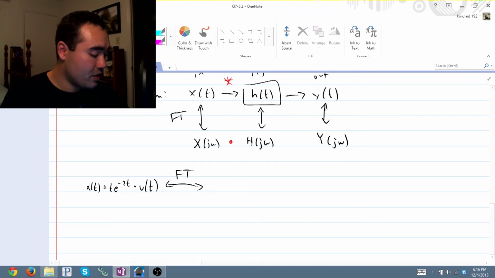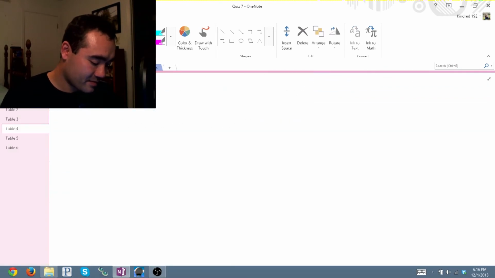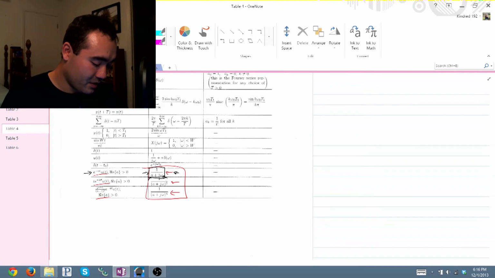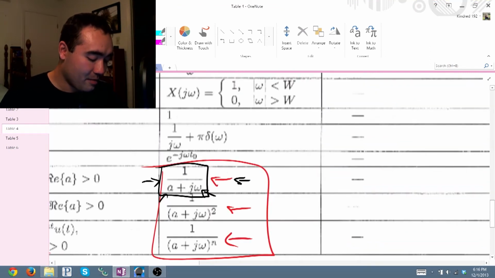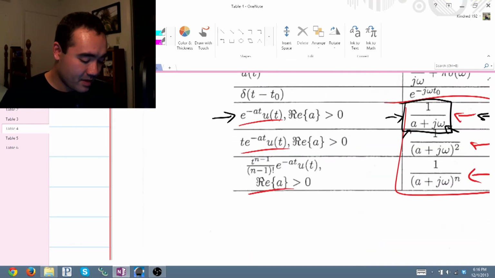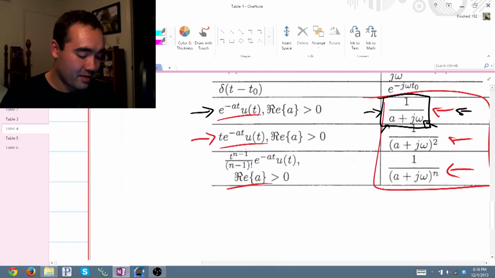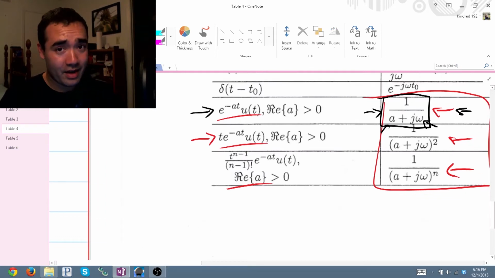So, oh no, I missed something. This is multiplied by t, so that changes things. Okay, so now, because we're multiplied by t, we're looking at this right here. So t e to the negative at